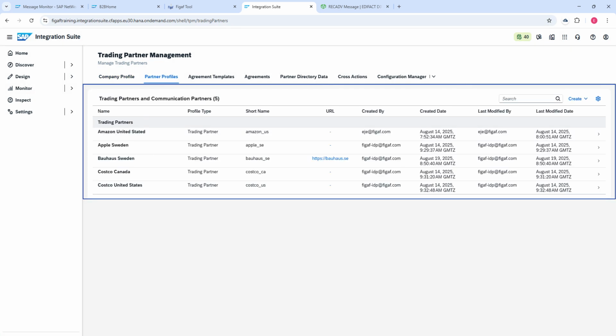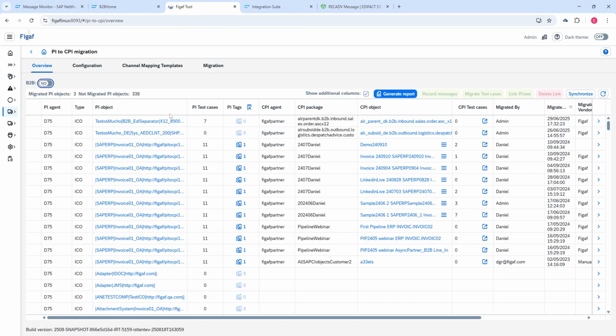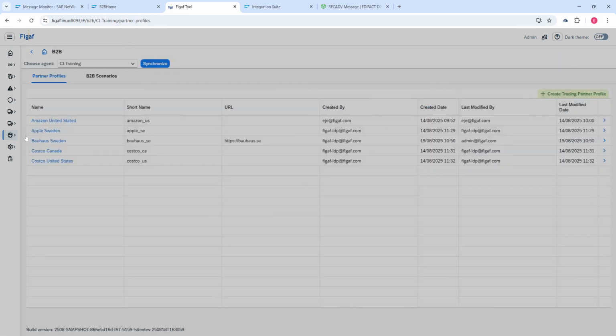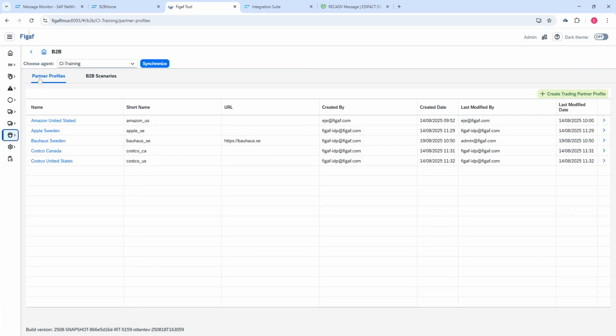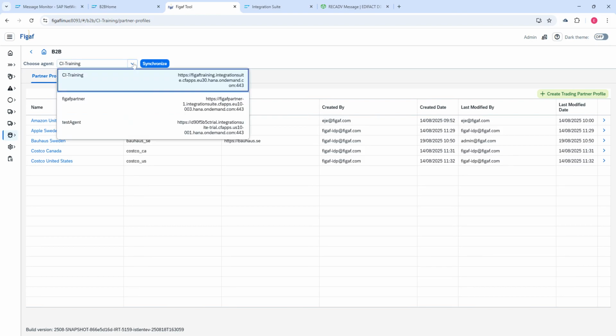Based on last time, when we did the partner creation based on the partner definition in PI, we used the Figaf tool to do that. Now over here in the Figaf tool, we have the B2B menu. In the B2B menu, you will see that we can have an overview of which partner profiles are in our system. It can always be synchronized, and we can also use multiple